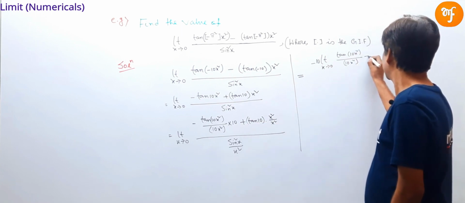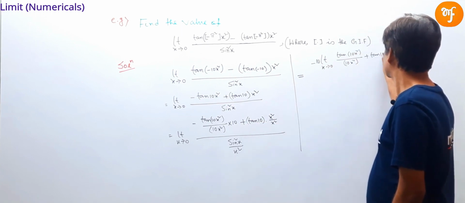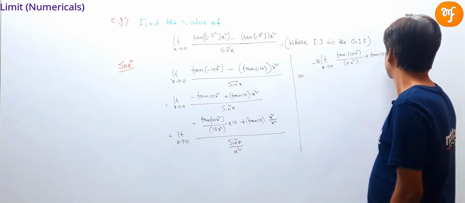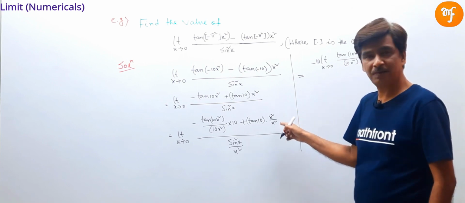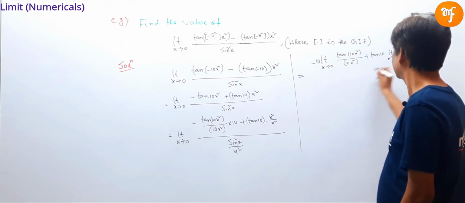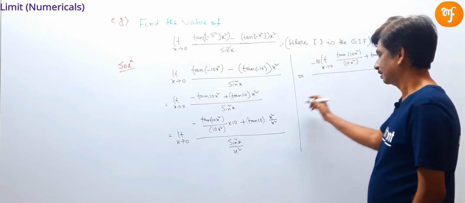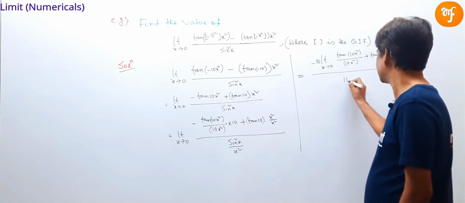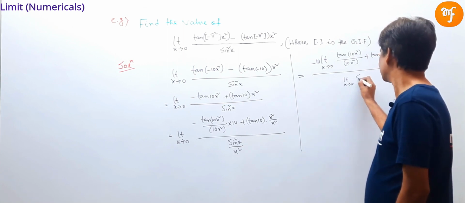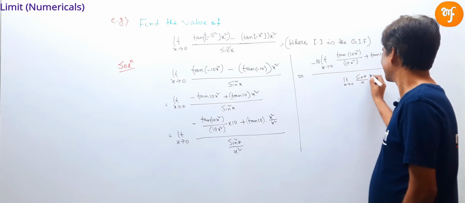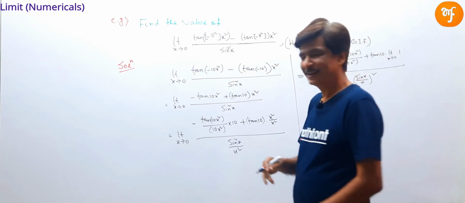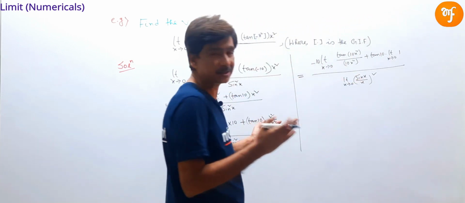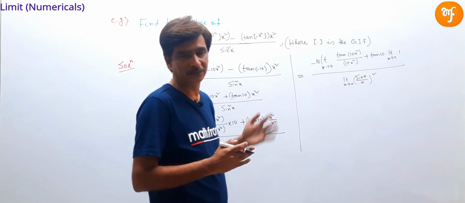Plus tan 10 is constant, so this is tan 10 into limit x tends to 0 of x square by x square, that is nothing but 1, whole divided by limit x tends to 0 of sin x by x, whole square. Okay. Now it is easy to solve this